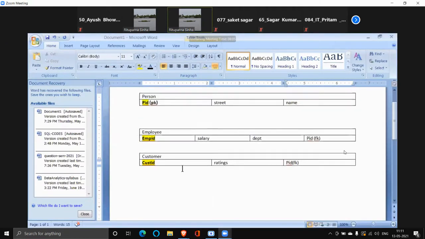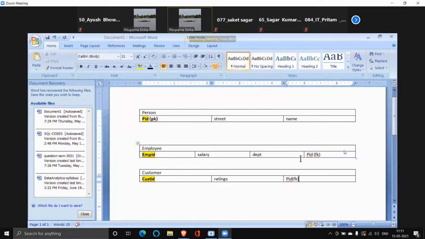What is the last step? Yesterday, I told you about foreign key, isn't it? How do I create a foreign key? How do I refer it to the parent table? Can anybody tell me the syntax of creating a foreign key in the employee table? Employee is the child table. In this child table, how do I mention that PID is a foreign key?